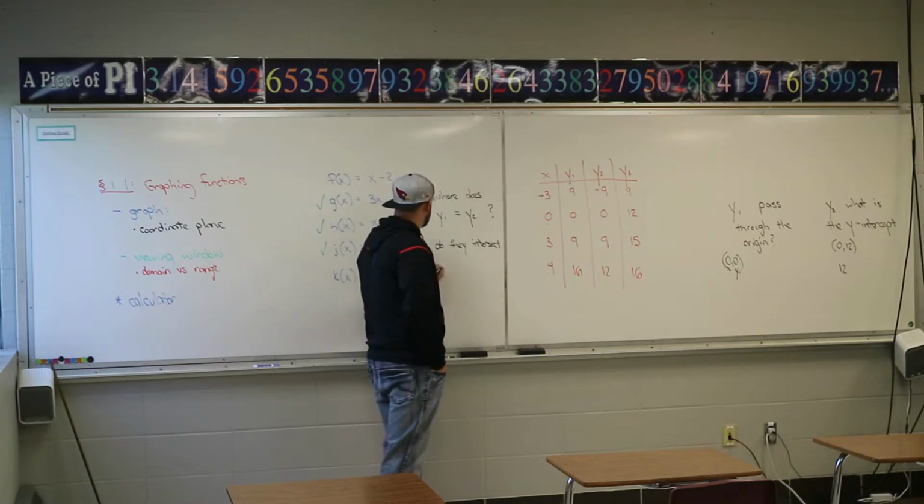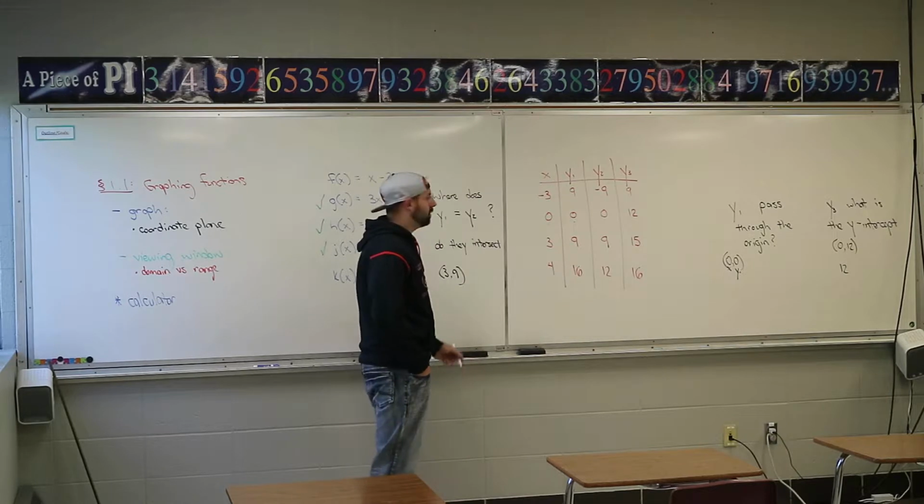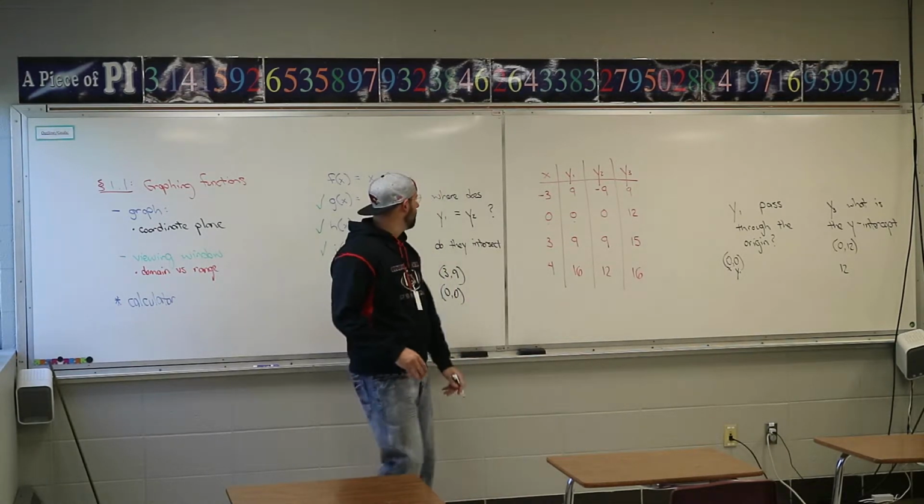3, 9. 3, 9 is one of them. That's one of the spots where they cross. 3, 9, and what else? 0, 0. And the reason why they do cross is because y1,